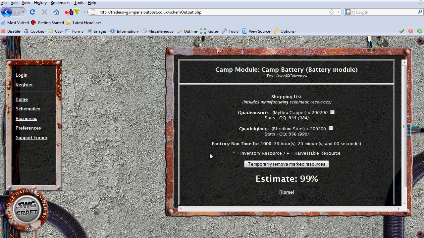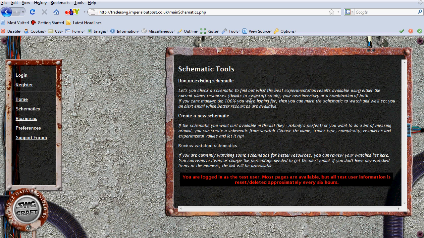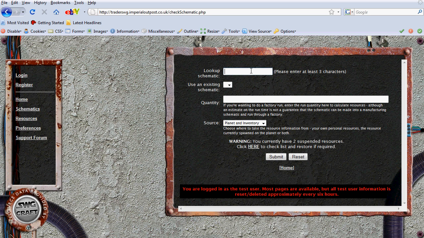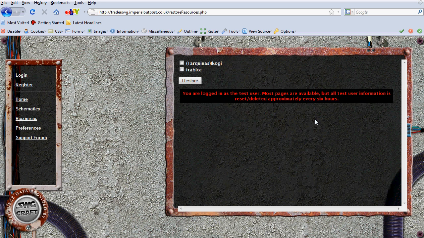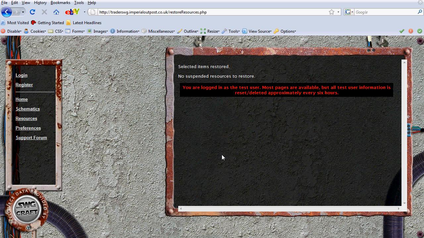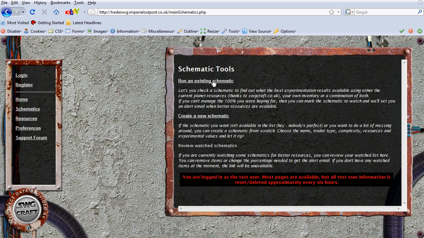and that's it, and that's how we do schematics. You can go through, you can change your preferences to pick whether you just want to see structures, munitions, whatever. I tend to have them all set because obviously there's bits and pieces we need. If you do want to restore the resources, tick on the checkbox, restore. You sure? Yes, we are. And there we go, no suspended resources, they're all restored,